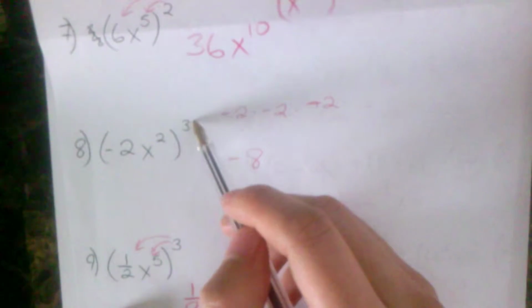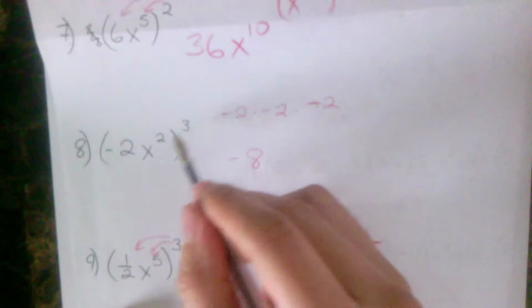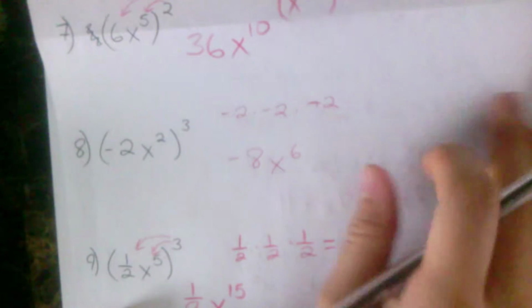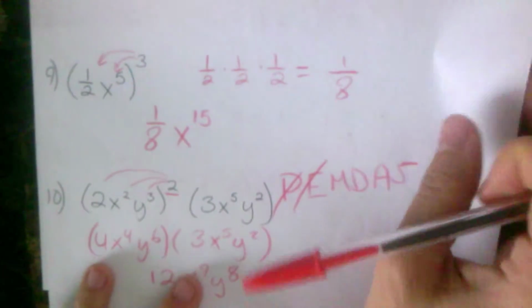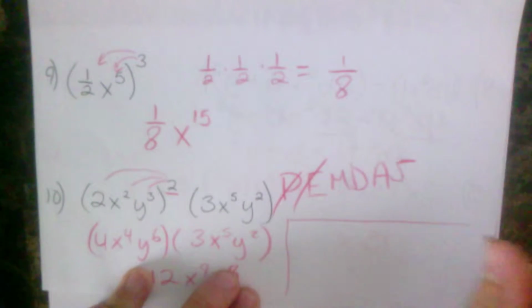And then x squared cubed. And so whenever you take the power of a power, you multiply these two. 2 times 3 just gives us 6. All right. And then let me go ahead and redo this last problem real quickly. This is going to be a short video, but we're going to go ahead and redo the last problem just